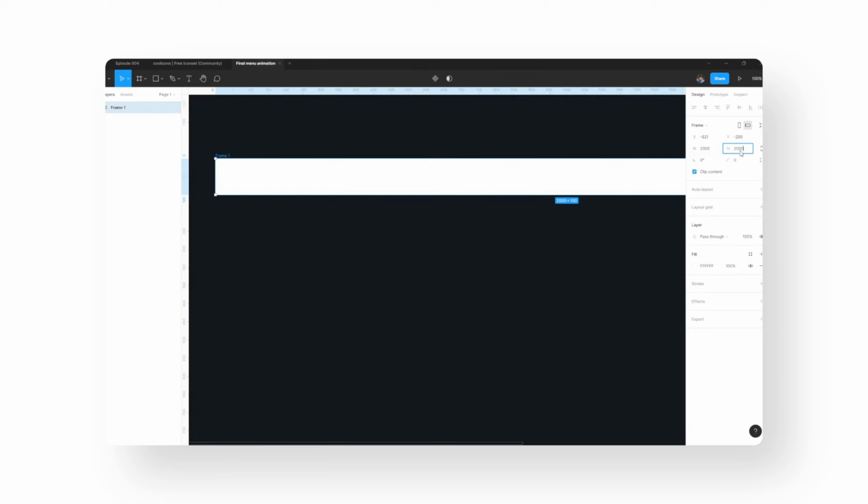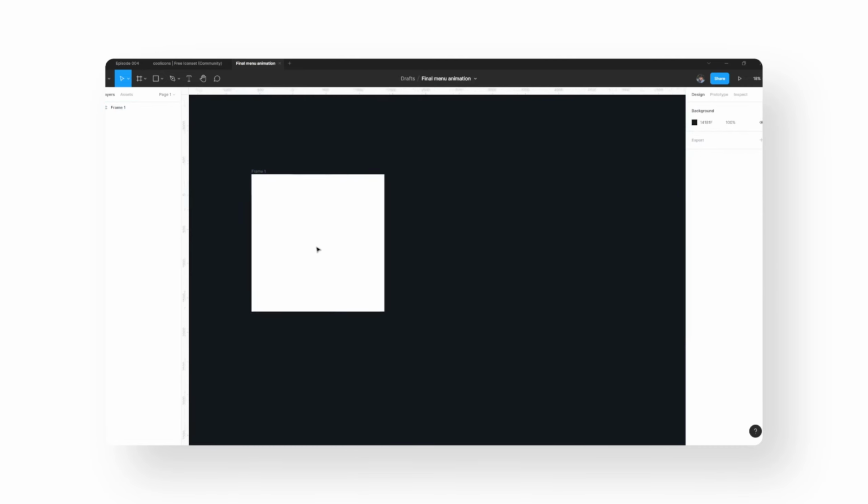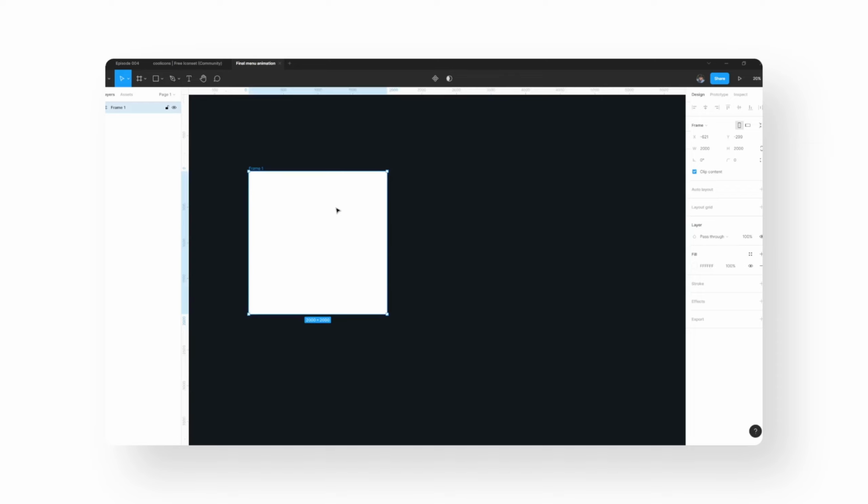The navigation animation using Figma. We will be prototyping those animations, and it's quite simple. So let's get started. First of all, I will take a frame. You can take any frame. I will be taking a frame of 2000 pixel by 2000 pixel. It's up to you whether you take 1920 by 1080, but I prefer 2000 pixel, which is best for social media. Once done, press R